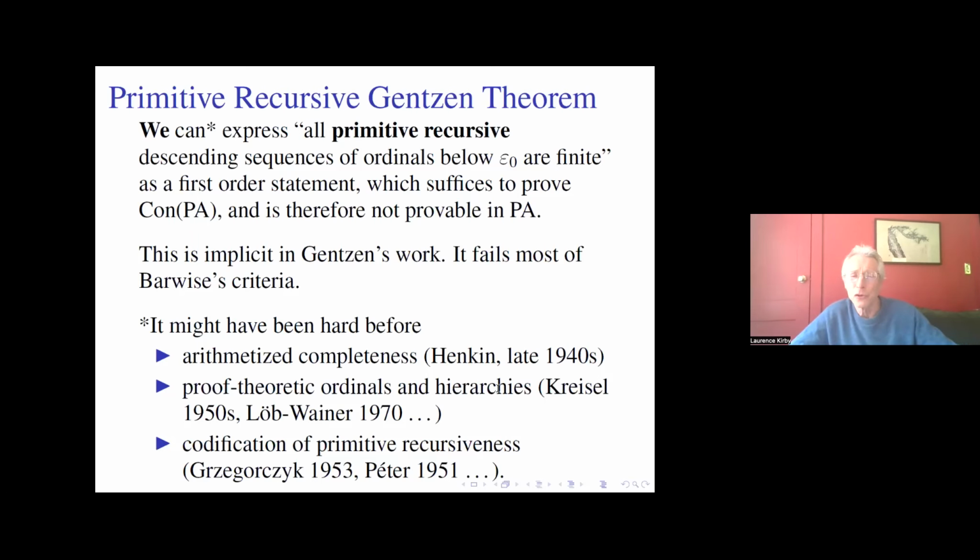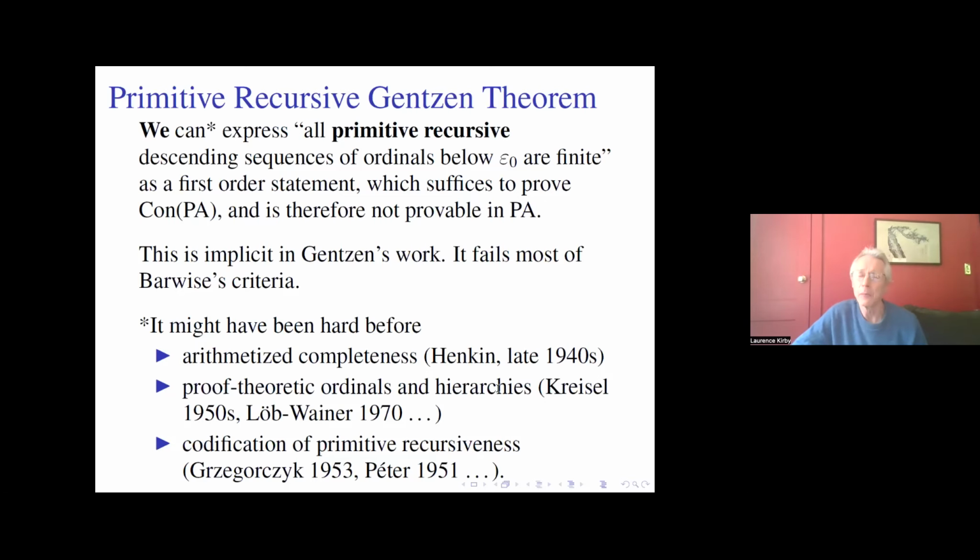I've read a couple of Gentzen's proofs of his theorem, and you can certainly see that it's primitive recursive arithmetic that's kind of his base theory. I did do a full text search of Gentzen's collected works, and he nowhere mentions primitive recursive or primitive recursion. So again, these things are fuzzy around the edges. There's different ways you can interpret the language of the 1930s, but certainly this theorem is at least implicit